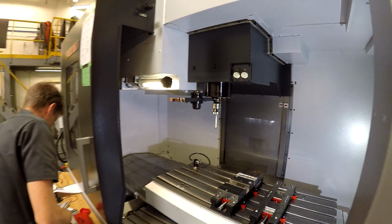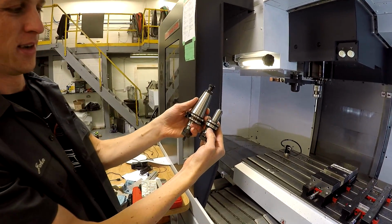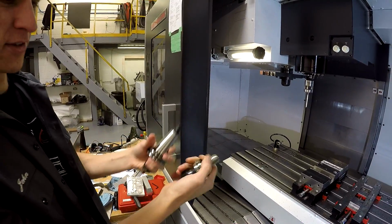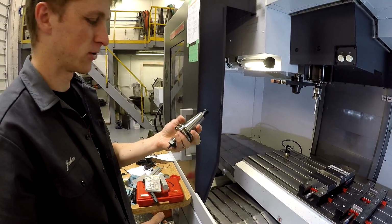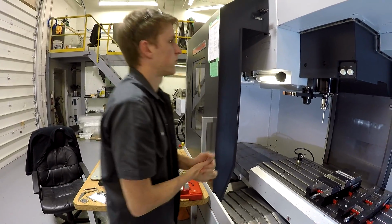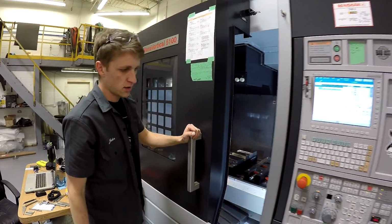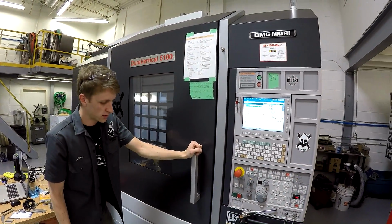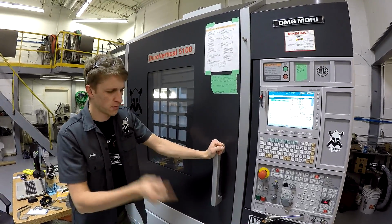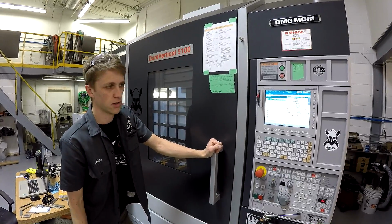So here's the difference between a Tormach holder and a Cat 40 holder. It's pretty incredible. It feels like a little toy compared to a big old Cat 40. So yeah, I guess that's a good intro for this machine. Life is good on it. I don't think we've had any major problems with it, except for a little. That chip conveyor was overloading the relay or something, so we had to tweak that. Other than that,